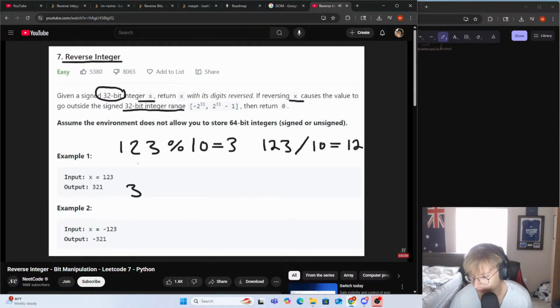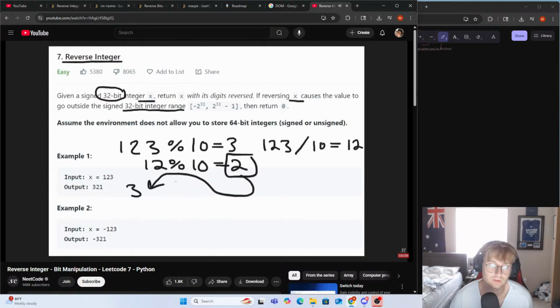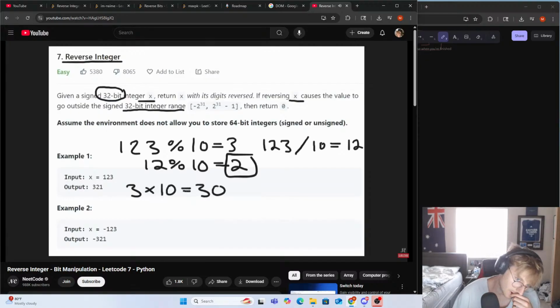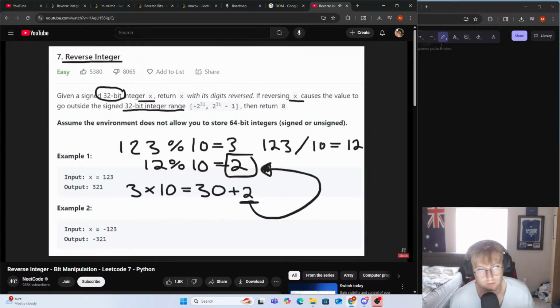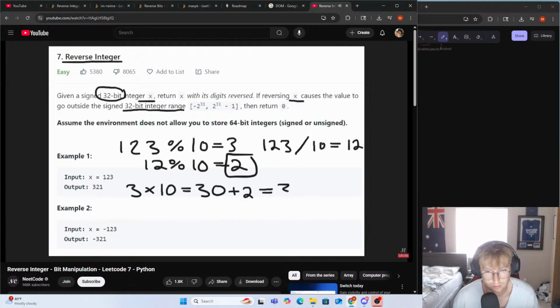We're going to basically repeat that exact same step that we just did over here. Now we're going to take 12, mod it by 10, and now we're going to get the ones place, which is 2, right? That's the digit we were looking for. So now we want to take this 2 and add it over here. Now, how can we do that? Well, we have a value 3. So let's take 3, multiply it by 10. What do we get? We get 30. Why did we multiply it by 10? Because we wanted to shift this 3 to the left by 1, because now we're going to take this 30, add 2 to it. Why are we adding 2? Because that's the digit that we just computed up above. So we add 2 to 30. Now we get 32,